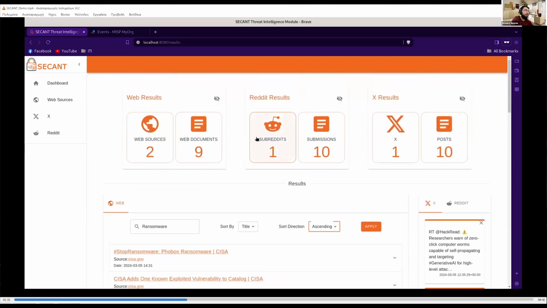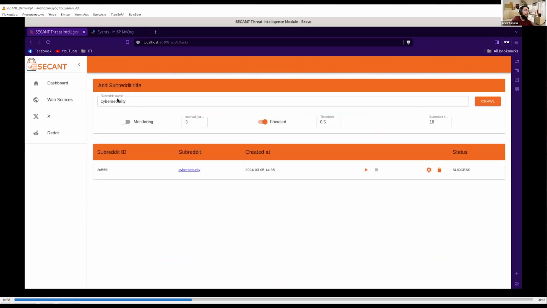Okay, so this is for web crawlers. Now we move to Reddit. In Reddit, we choose the subreddit name. We have fewer options, but they are more or less the same as for the web crawlers. So they're focused on the monitoring. And the last one that we see here, the 10, is the number of posts that we want from this